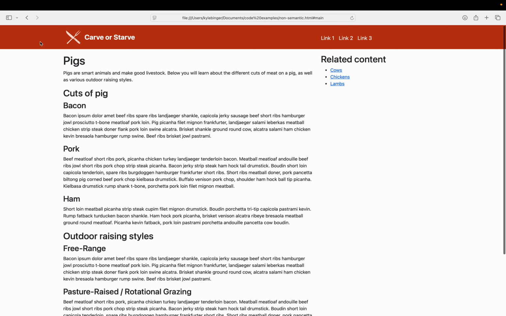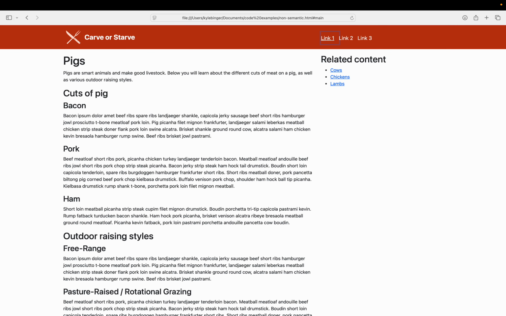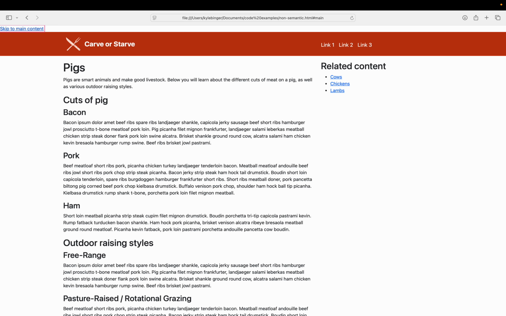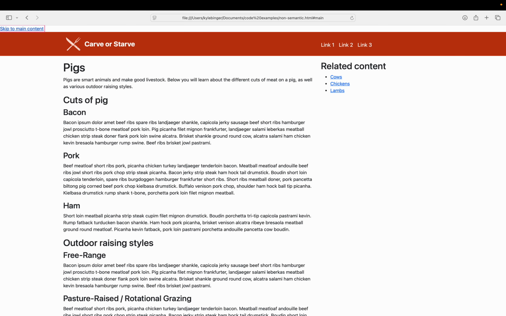Okay, great. And if we reload this page, you'll see that the skip link is not there on reload. But as soon as I press tab, shift tab, sorry, my tab border was already on a different part of the page. So as soon as we go and press tab, when the page is reloaded and we're at the top, you'll see here that the skip to main content link comes back. As soon as I press tab again, it's gone, which is perfect. If I go back, it's there. If I tab through, it's gone. Perfect. This is a fairly accessible page now.